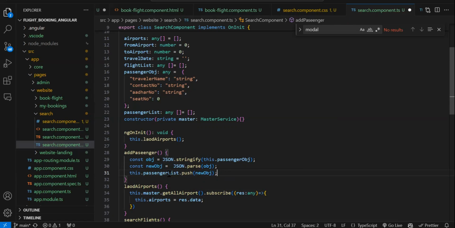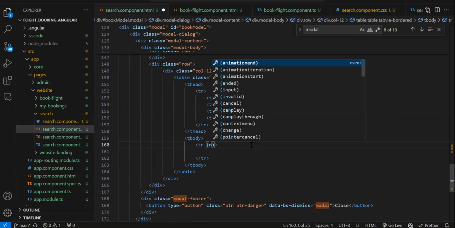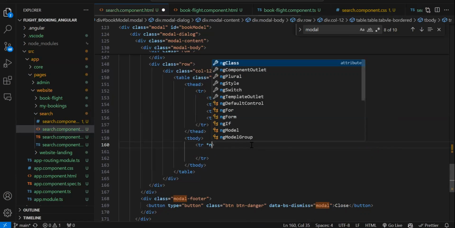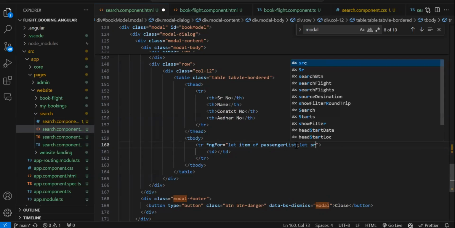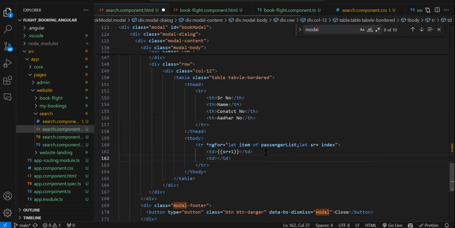Let's just save. And the passenger list array, I will iterate on the tr. So here star ngFor, let item of passenger list. td. Now how many tds do we have? Just like that, we need to add. We need the serial number. So let sr is equal to index. Here we will print the sr number, so sr plus 1. And in the next td, we are going to print the data from item. So item dot,